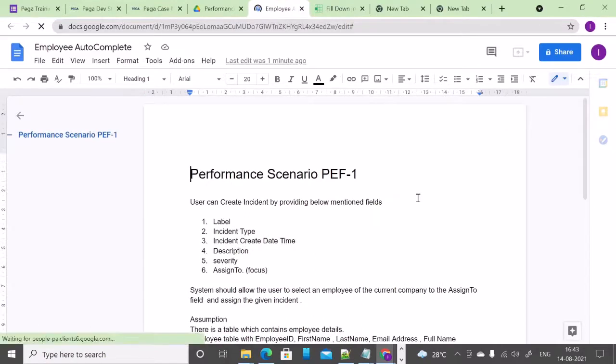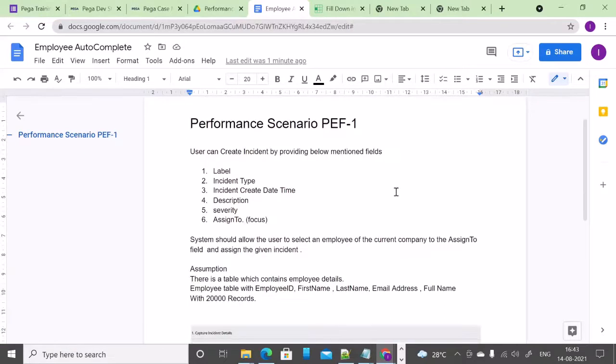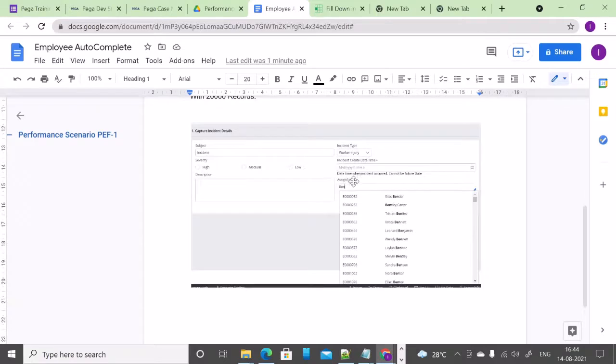I would be explaining one of the performance issues which I have come across in my experience. So the requirement was to display employee details as an autocomplete. Okay, so some UI similar to this, where there's a UI to allow you to select an employee. The UI should display an employee name as the autocomplete, and the user should be able to select it.